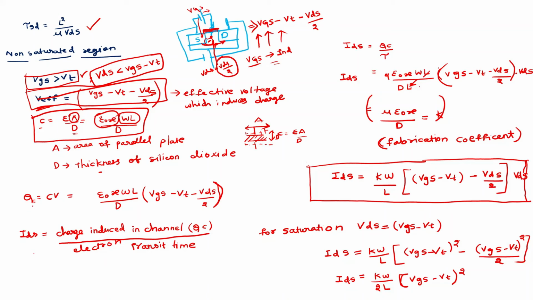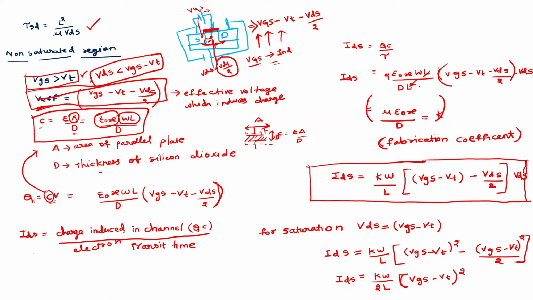Now QC equals C into V. This C is nothing but what we have derived here, and this V is nothing but V effective, which helps in inducing those particular charges. So just substitute this V effective and C in this equation, and we will get it like this. And now IDS equals,